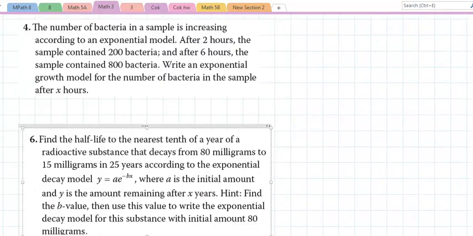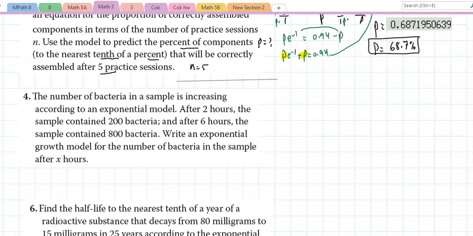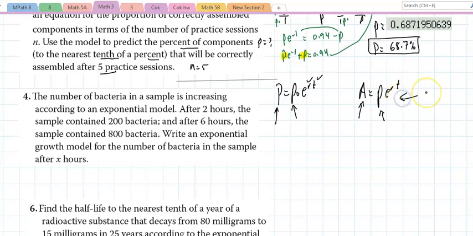Next problem. Any problem that deals with population. The book likes P equals P naught e to the RT. That's very close to A equals P e to the RT. Not very close, it's the same. Meaning what? This is the deposit in a bank. This is the initial population. This is the amount in a bank after a given time. This is the population after some time has passed. T is the number of years, and R is the rate of growth or decay. You want to use that, you can. I really don't mind.